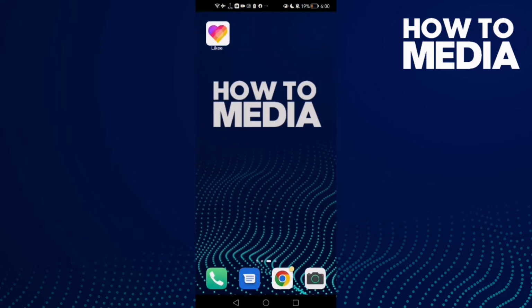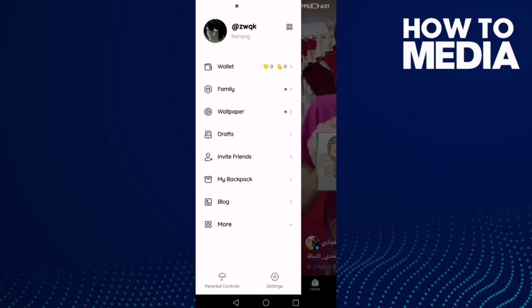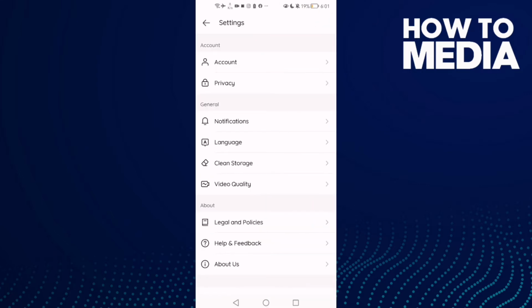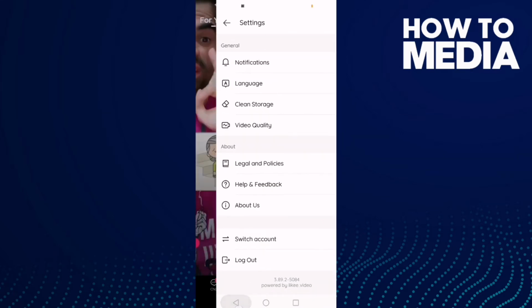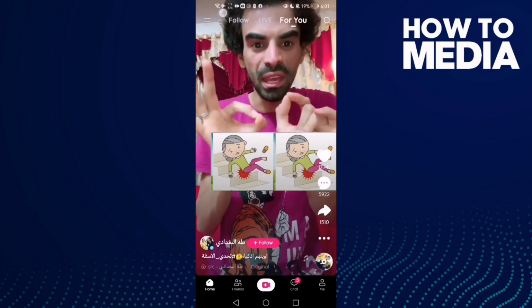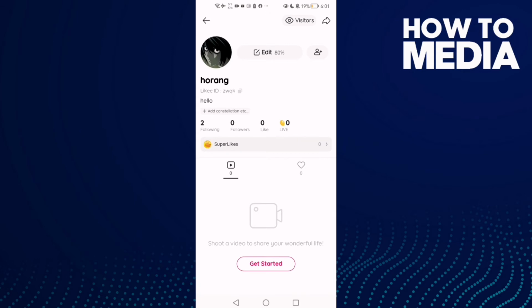First thing, go to Likee and here you will find these three lines in the top corner. Click on it and then just click settings, and here you will find this one, video quality, and not video quality. Click here, these three lines in the top corner, and then click on your profile, and then just click edit,